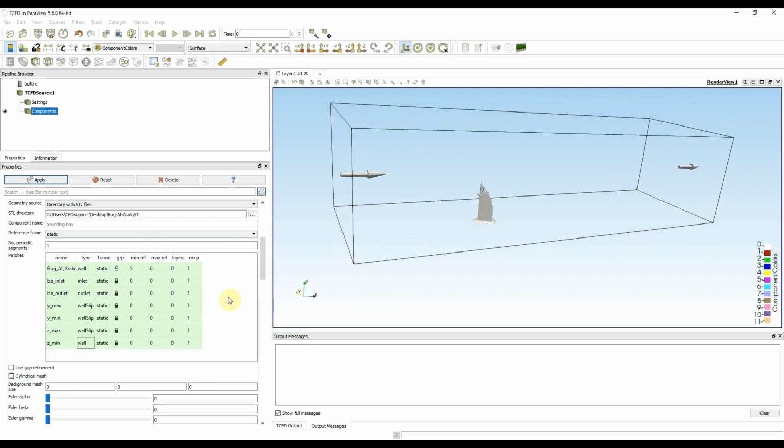So this was refining, and I can also specify boundary layers, and in my case and tutorial I'm using 3 boundary layers on the Burj Al Arab and 3 boundary layers on the ground. No, this is on the other boundaries. I want it on the ground. So Zmin is correct. I press apply,